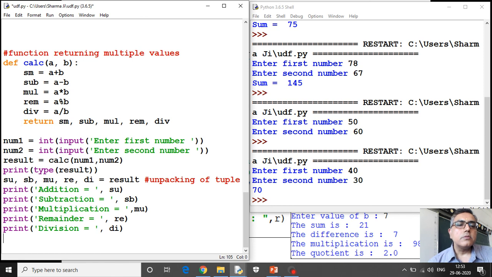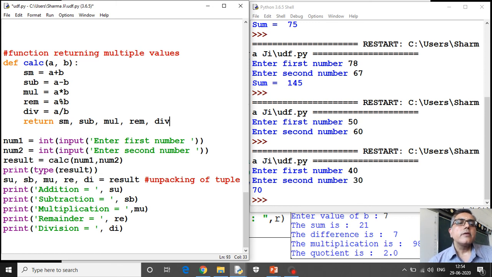Now the most important statement is this. Here this function is returning 5 values. So I have to return 5 values. Those values I have written after the return statement. Return sm, sub, mul, rem, div.